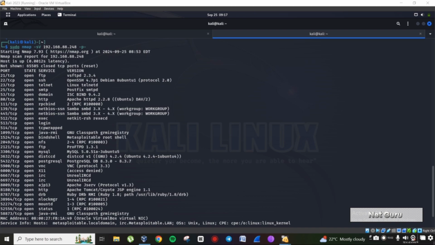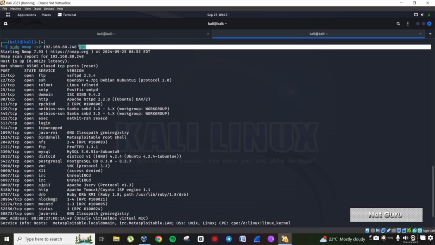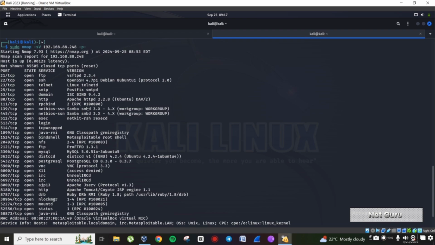Okay, before we start our exploit, we have to do an nmap scan with the version scan, but for this we just have to add the -p which searches for all the 65,000 ports, and we'll try to find out the vulnerability and try to exploit. If we see all these versions right here, I know for sure that this has a vulnerability, which is distccd. And if I go ahead and copy it and search it in our Metasploit,